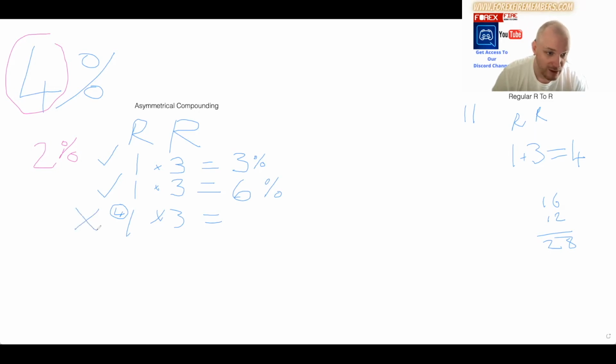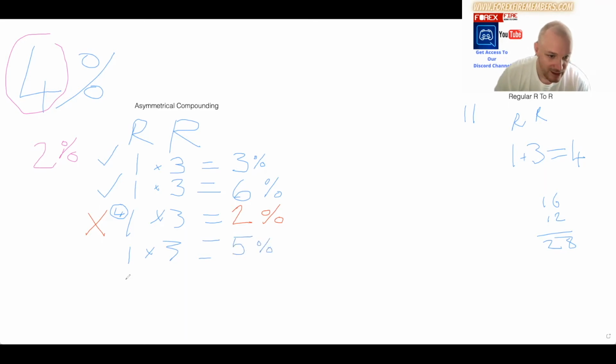Let's see this. Oh dear. We risked 4%, but it lost. Yes, it's going to play on your mind. This happened to us yesterday, but again, you've still got a 2% win, right? So it knocks you down to 2%. Now, let's say you need two regular wins. Then you're coming in at the risk reward of 1 to 3. It comes in, that's going to take you up to 5%.